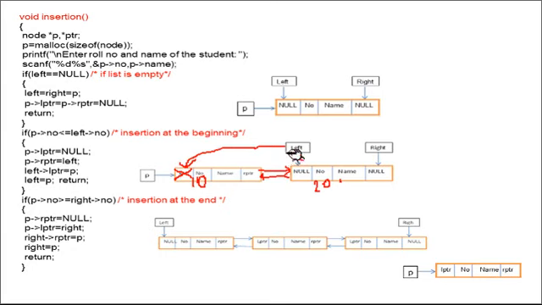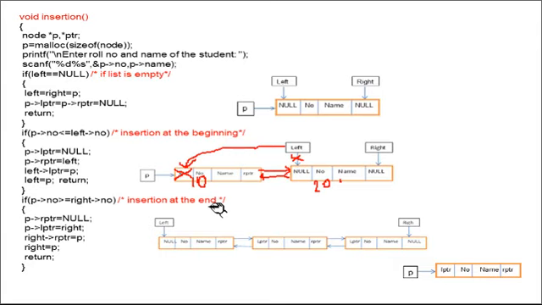If this is not the case, suppose you are going to insert one node, and that node contains the roll number as 30. So 30 comes after 20. That means you have to insert the new node after 20. That means we are going to insert the new node at the last position. So we have completed insertion at the beginning. Next case is insertion at the end.